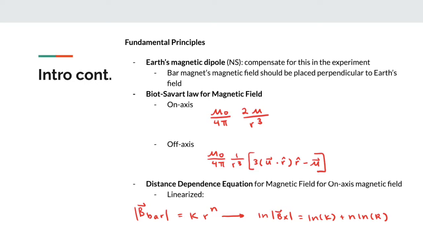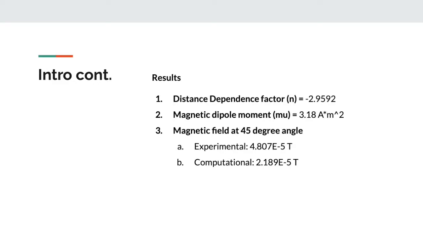We also used the linearized form of the distance dependence equation for the magnetic field to calculate the on-axis magnetic field. For the results of the experiment, I calculated both n, the distance dependence factor, and mu, the magnetic dipole moment, as well as the net magnetic field at a 45-degree angle, both experimentally and computationally, with the value shown